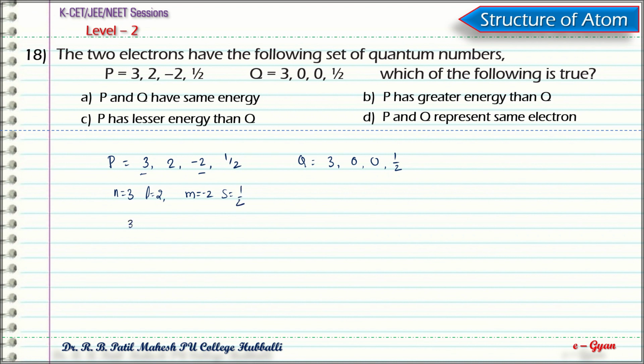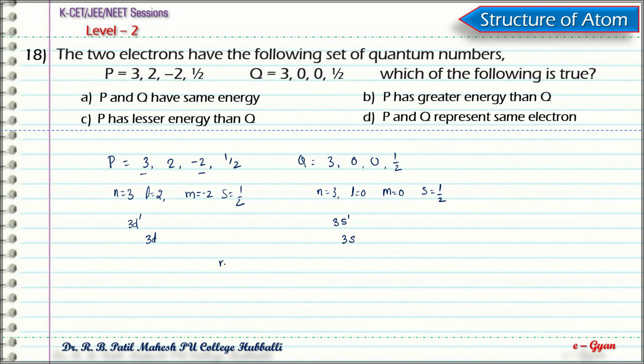That means electron belongs to third orbit, d orbital, and only one electron is represented, that is 3d1. That means the electron belongs to 3d orbital. Similarly for Q values, n equal to 3 again, but L equal to 0 because it is s orbital. m equal to also 0 because L is 0 and S is 1 by 2. That means the electron belongs to third orbit and s orbital, that is 3s orbital.